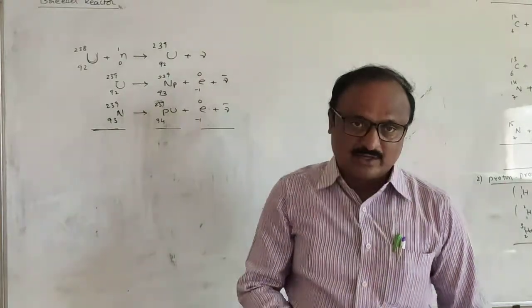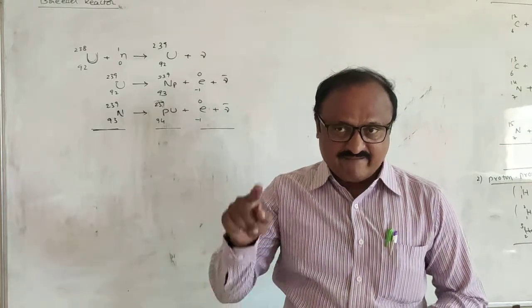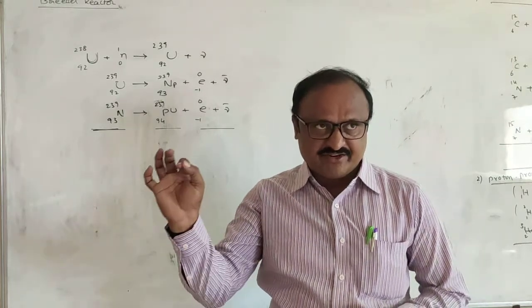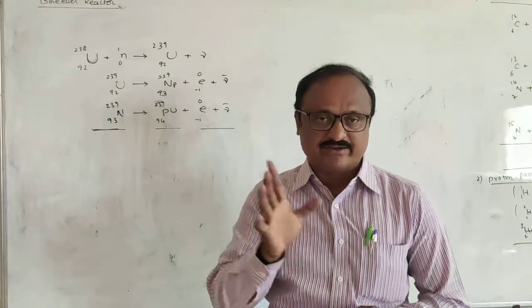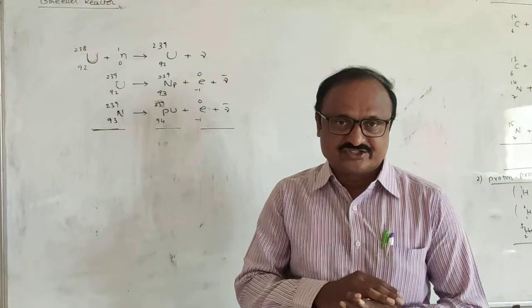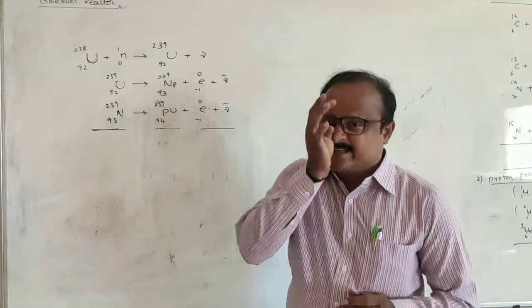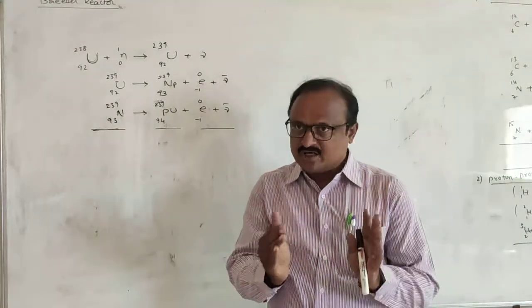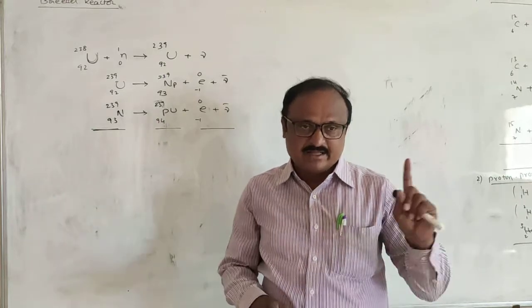Power of the reactor P is equal to N into E by T, where E is equal to the energy released in each fission, which is equal to 200 mega electron volts in case of uranium-235. N is equal to the number of fissions in T seconds. Okay. Some of the problems on nuclear reactor were discussed in the previous class also.